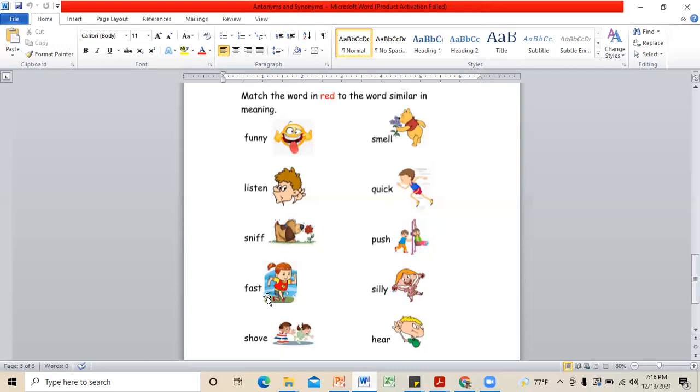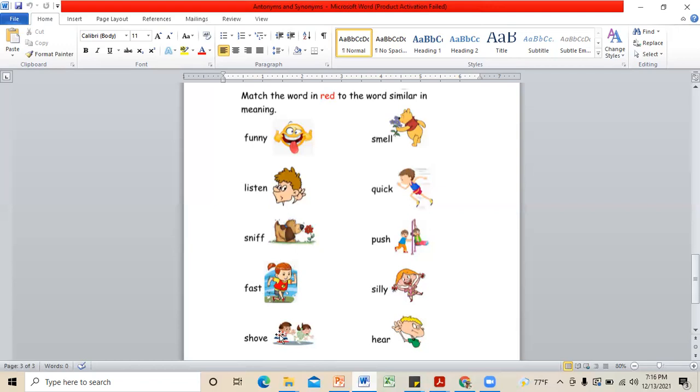And the fourth word is fast, right? So Sulaksha, would you like to try the similar word for fast? Quick. Yes, very good, Sulaksha. Quick, right? So fast means maybe I'm running and my speed is so high. In that case I can say I run fast, or else we can also say quick.